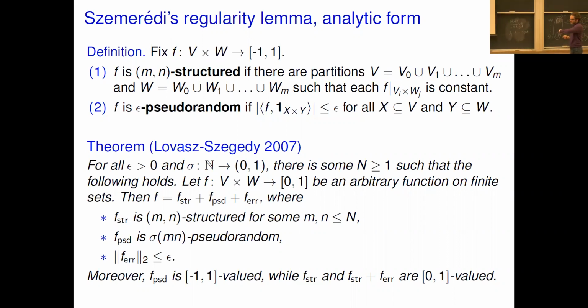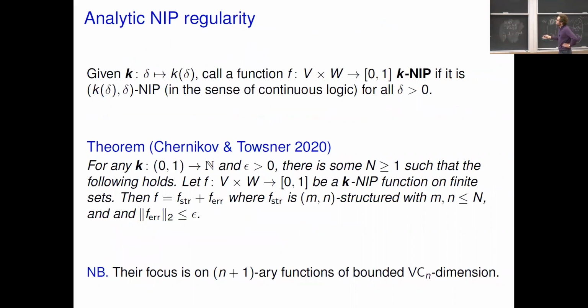So I'm going to have to rush this, and I apologize, but fortunately Henry is giving a talk this afternoon. There is some work here from last year of Chernikov and Towsner where they do this kind of a decomposition for a continuous notion of NIP. Maybe I won't read it because I don't want to run out of time too much, but there is a result like this that you can glean from their work,